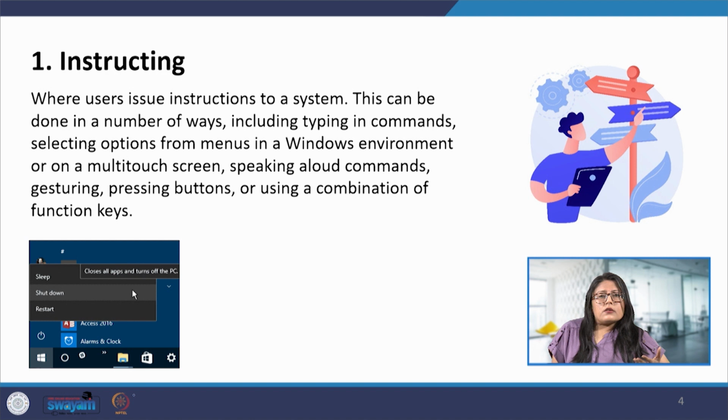So these are several ways, and which particular application or interaction style will be best suited is something the designer has to take a call on. We also saw in the previous lecture about accessibility and inclusiveness, so how we can also incorporate those features, and which of these will help in effective instructing by the